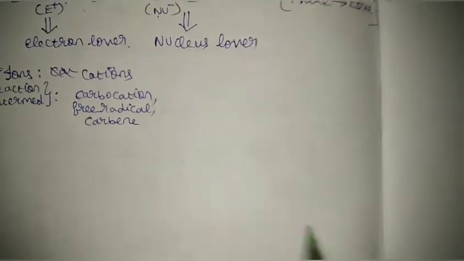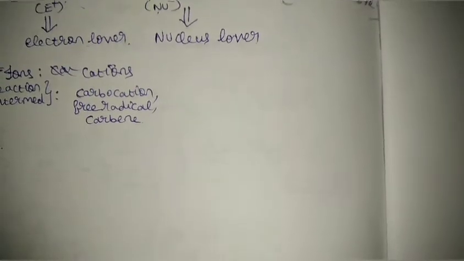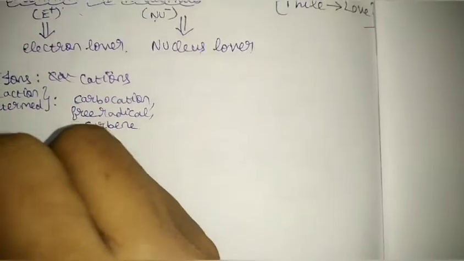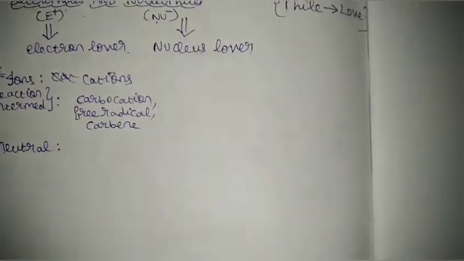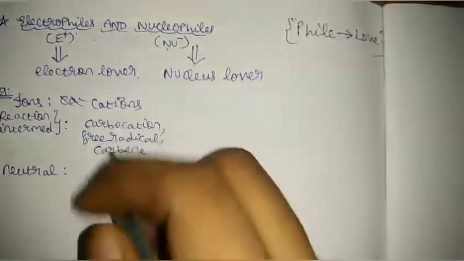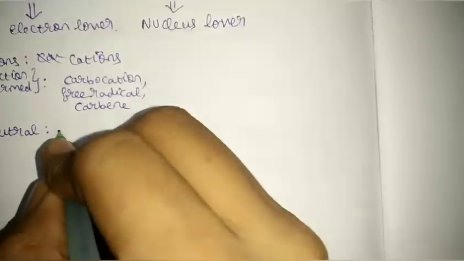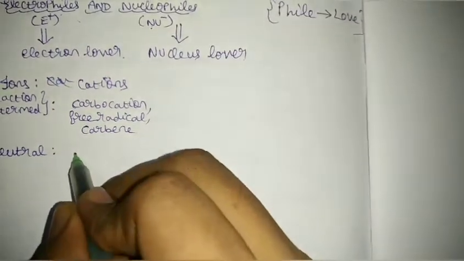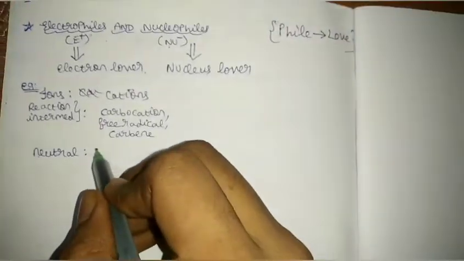But does it have any charge? No, because the number of protons and the number of electrons are equal. Thus fluorine has no charge, but it still needs an electron. So a neutral molecule can also be an example for this. I just said fluorine as an example, but it will not come in this case. If you take neutral molecules, you can consider this.